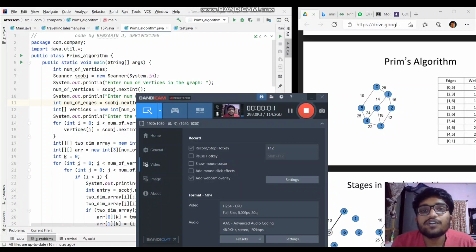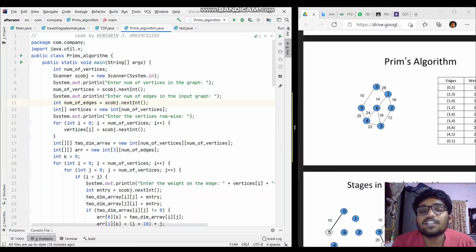This is UARK 19CS1255, and in this video we'll be seeing our sixth experiment, that is Prim's algorithm, as part of our DAA lab. This algorithm requires a graph as an input. The graph should be an undirected graph, and it should be a weighted graph. That means that each edge in the graph should contain some weight, and each edge should not contain any direction. I mean, none of the edges should hold any direction on them. So those are the two constraints for the input graph for this algorithm.